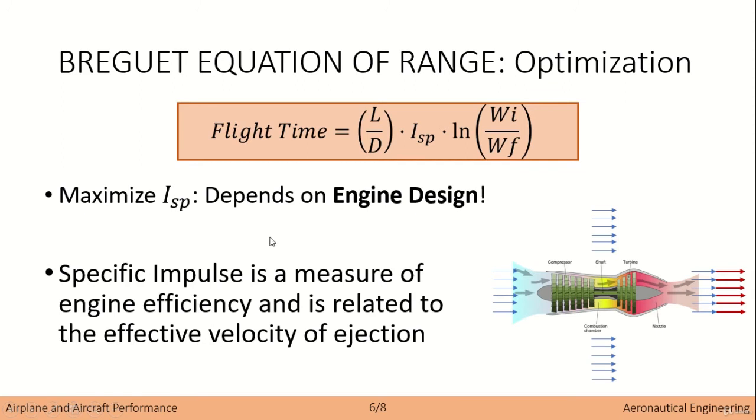Okay, what else? What we need to do also is maximize the specific impulse of our engine. Now, as I mentioned, this depends on the engine design. This case depends on the wing design, and the specific impulse depends on the engine design. Now, specific impulse is almost just a mathematical definition in order to measure the engine efficiency, and is related to the effective velocity of ejection, the increase of the velocity due to the air going